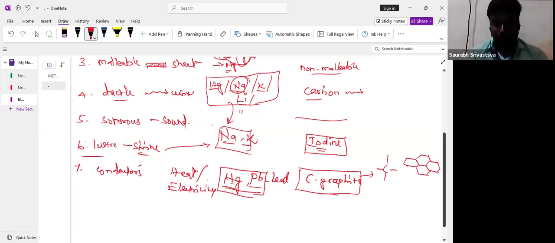Now see here: first one bond, two bond, three bond. An extra bond we need to write, but there is no bond; it won't make the bond. So here every carbon center has one free electron. That particular electron will conduct the electricity. That's why graphite is a good conductor of electricity. Okay? So next one.